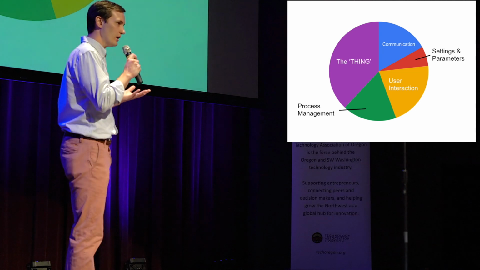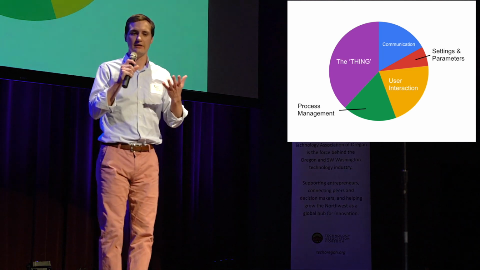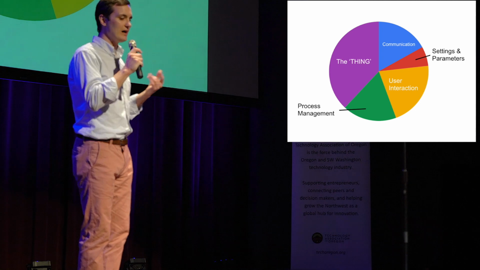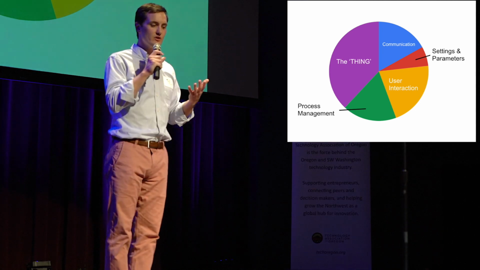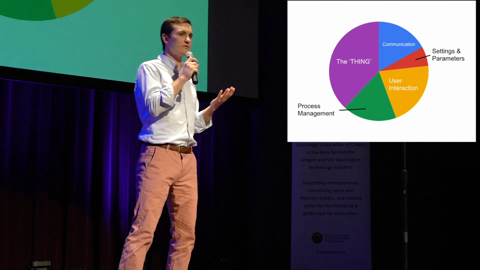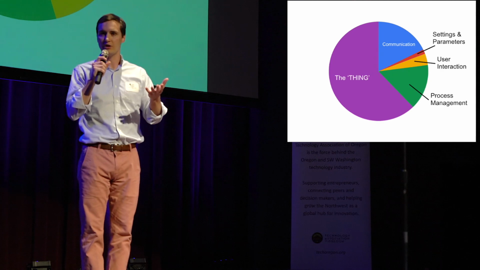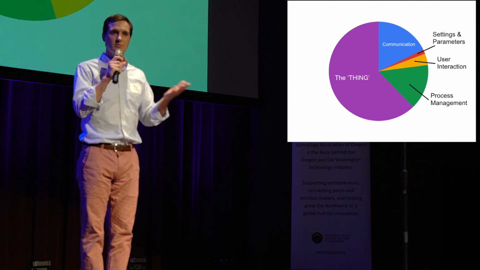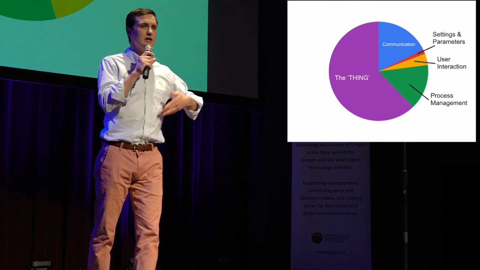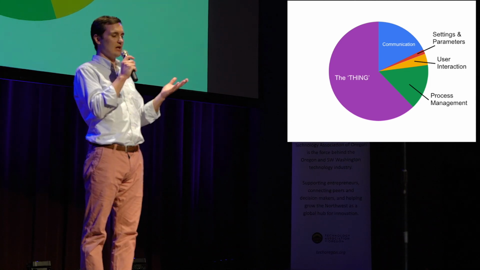Now, all hardware has a finite level of resources, and it has to handle overhead. And overhead could be communication, like Wi-Fi, could be settings and parameters and user interface, or process management. But what that means is you have a limited amount of space to handle your essential function, what you might call your application layer. And that has consequences, because you might not monitor data as fast, you might not be as accurate. So what we want to do is try to offload as much as we can to the cloud.